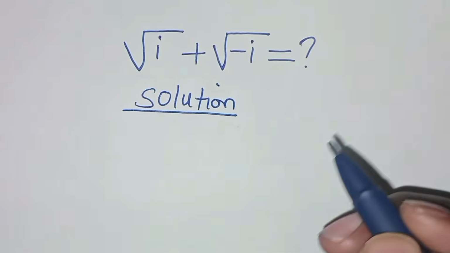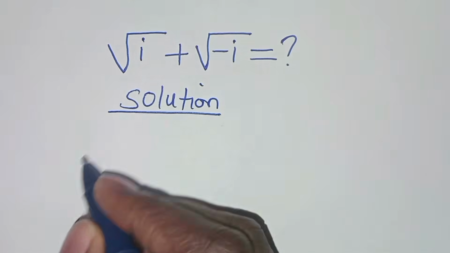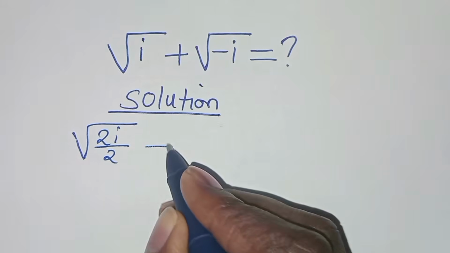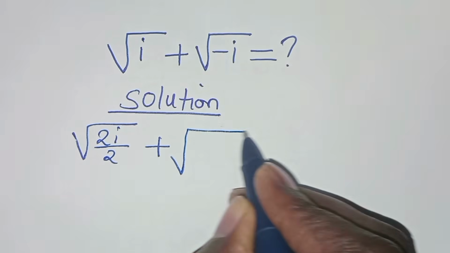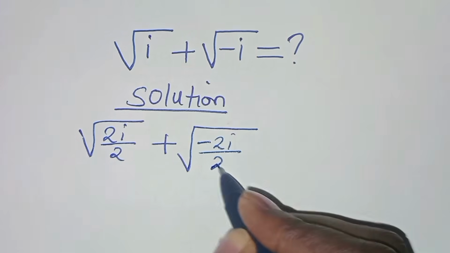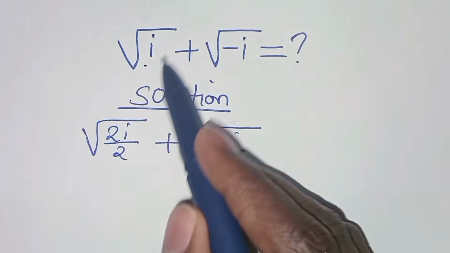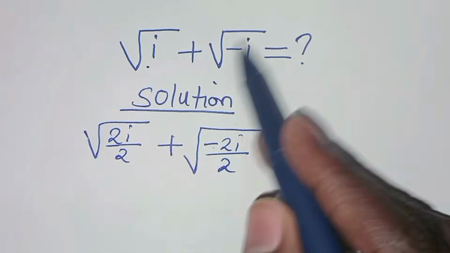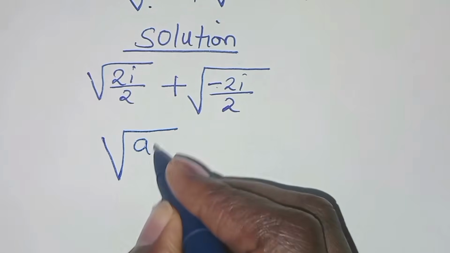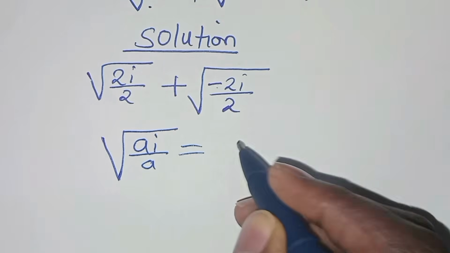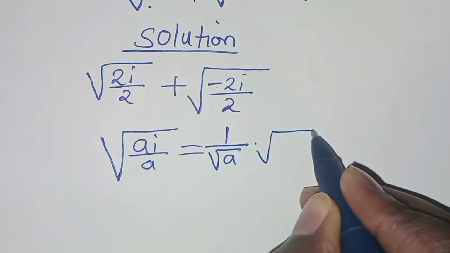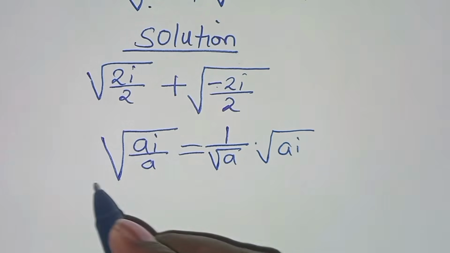Here, we can express the square root of i as the square root of 2i divided by 2, plus, now we can express negative i as the square root of negative 2i divided by 2. Now 2i divided by 2 is the same thing as i, negative 2i divided by 2 is the same thing as negative i. Now, if you're given the square root of ai divided by a, we can express this as 1 over the square root of a multiplied by the square root of ai. Applying this identity,